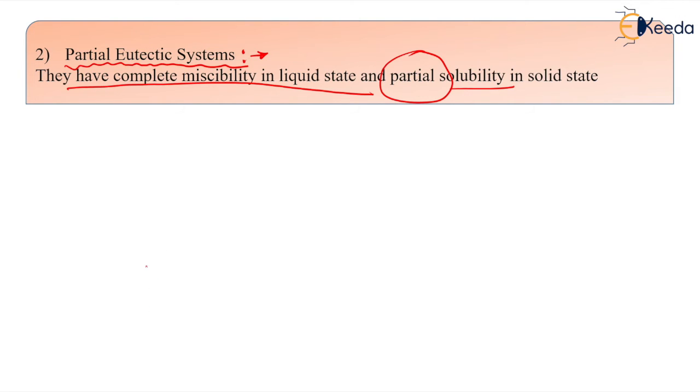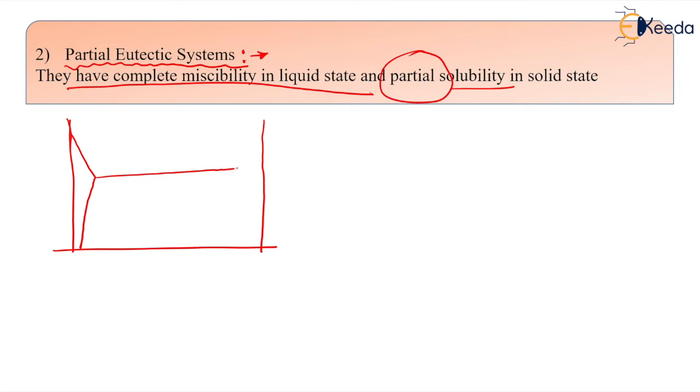Dear students, if you look at the very famous diagram for this partial eutectic system, that will be lead and tin, very popular. This is the classical eutectic system. So see here, I'm drawing the lead and tin phase diagram. But I will not write the names directly. A, B we have seen as elements. I'll take here D and E.